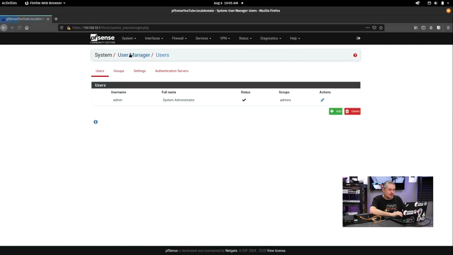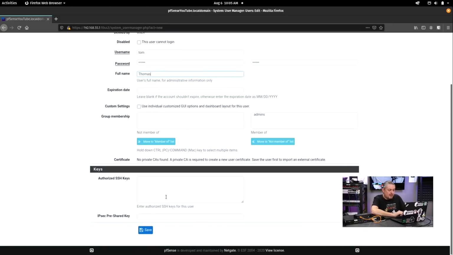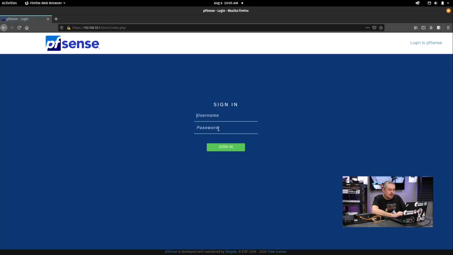Another thing of security on here. Now, for the most part, there's not a lot you need to do with any of these. Each one of these is for a more advanced use case, but user manager is another one that I'm going to say, out of the box default getting started, yeah, you might want to create something other than admin. So if you create another one, we'll just create a user Tom, and then we create a password for Tom, and then we'll make Tom an admin. We'll say his full name is Thomas, and we can even paste the SSH keys in here, and we can click save, and we can log out,